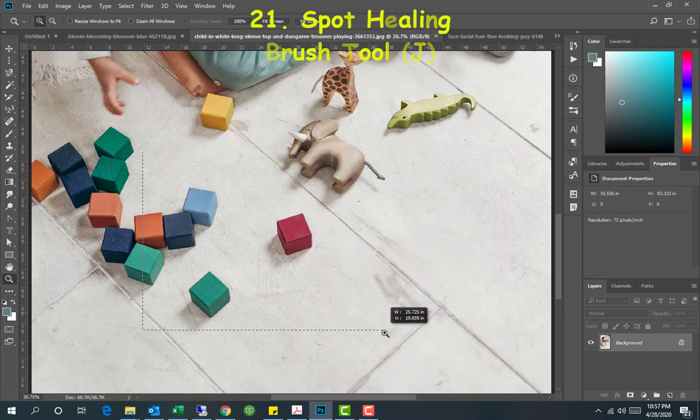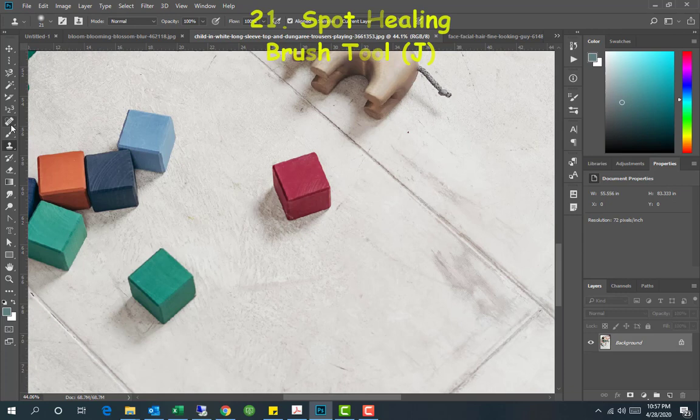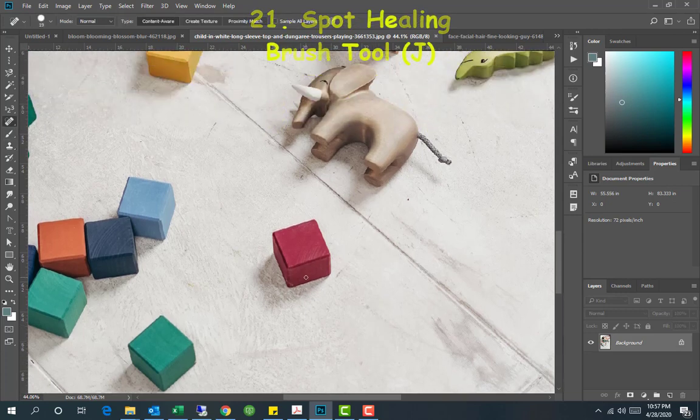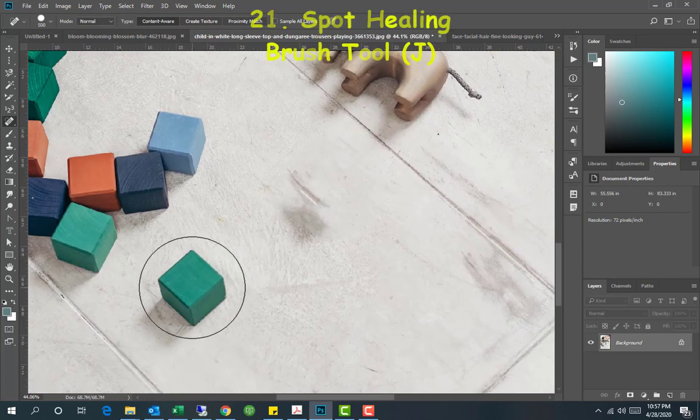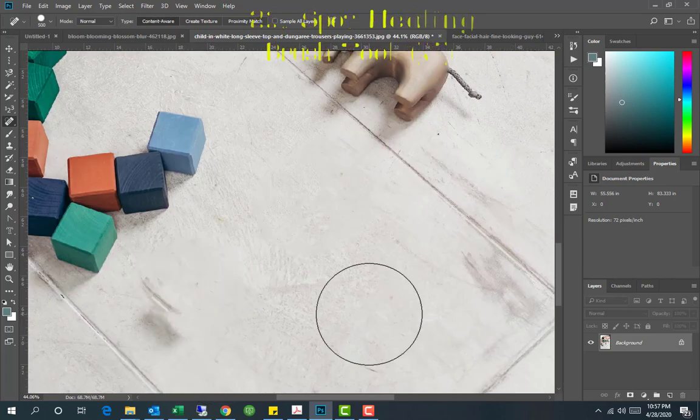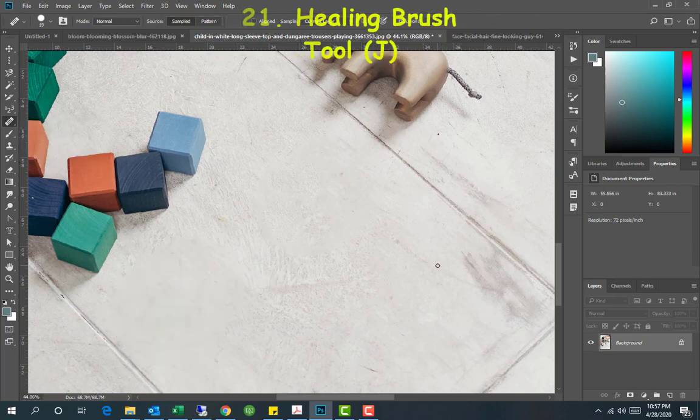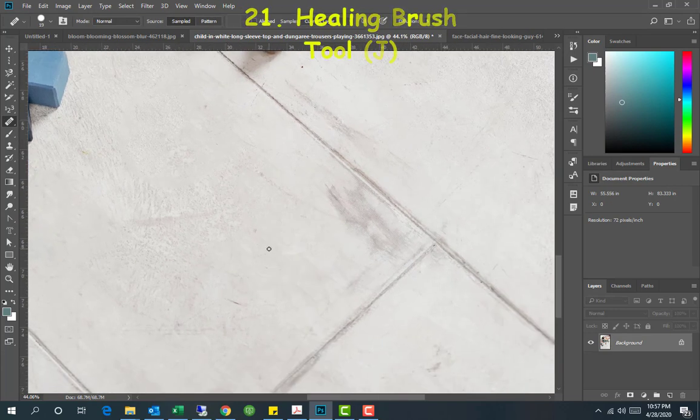Spot healing brush tool is very useful in healing small blemishes or unwanted area. Simply make the brush size a little bigger than the object, then just click over it. Brush size can be increased by pressing bracket keys. After selecting healing brush tool, press Alt and left click on the wood area. Then move healing brush tool on the area that need to be cleaned.